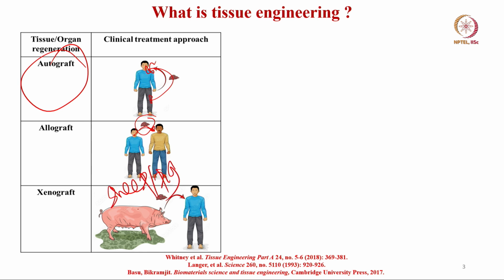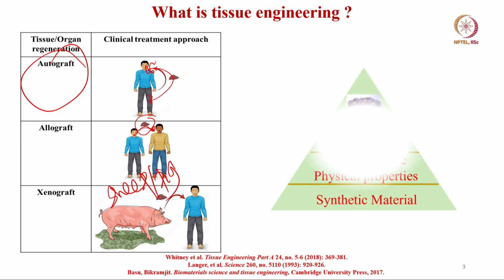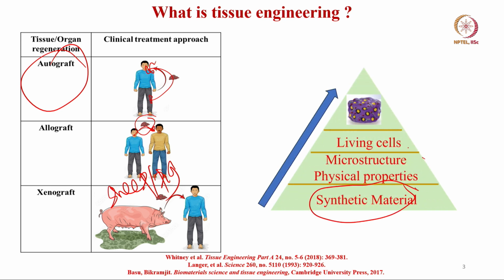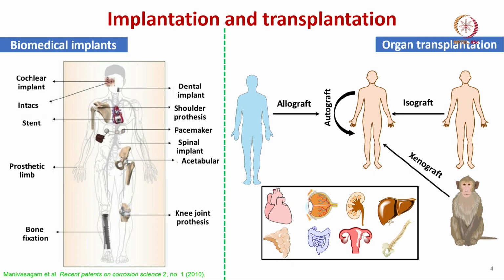very large animals whose physiological complexity is very similar to that of the human, Homo sapiens, and therefore, you take the tissue structures of the sheep or pig model, then you put them in the human subjects, and then you can reconstruct, you can regenerate this tissue. So, you have synthetic materials with physical properties and live cells, and then you can combine them. This particular slide perhaps is a summary of what you have seen before.